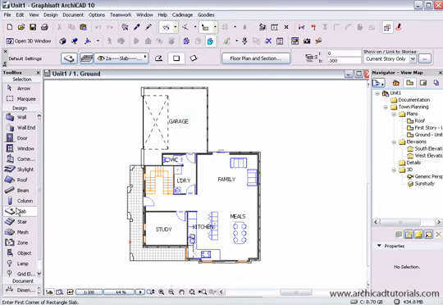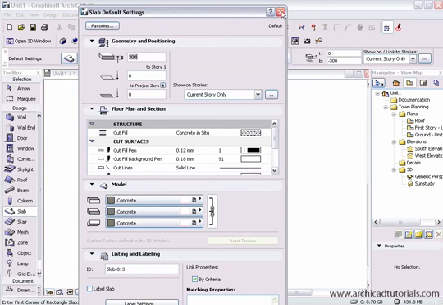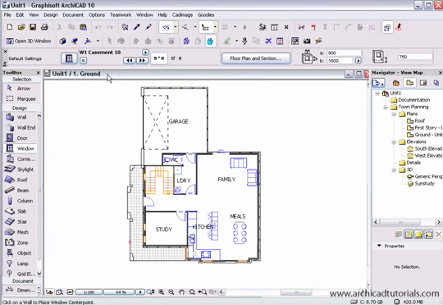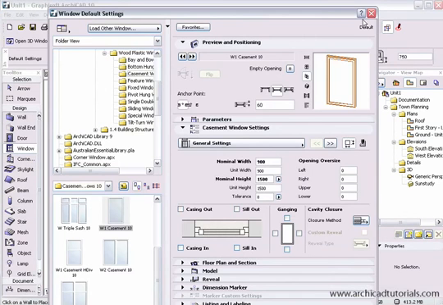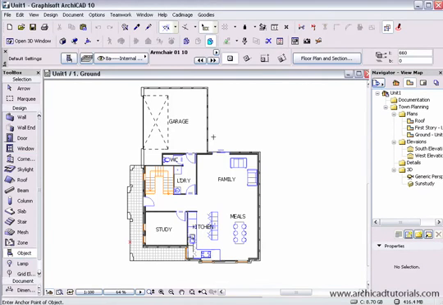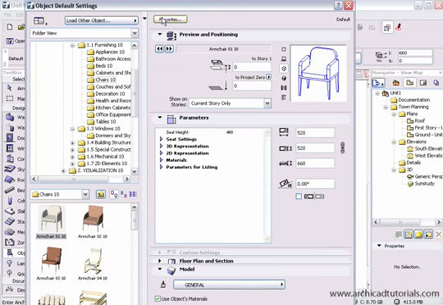Whether it's a slab, we can see the Favorites button up there. Whether it's a window, the Favorites button is up there. And library objects, the favorite button is up there. Now, if we were to create a favorite,